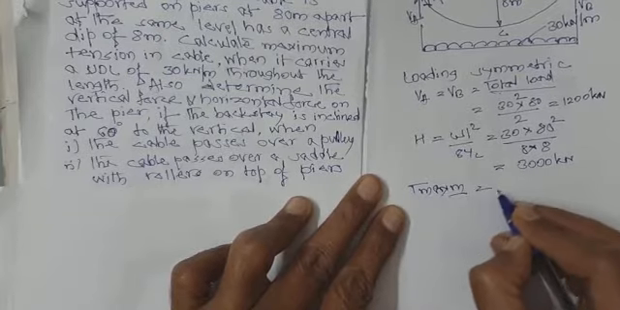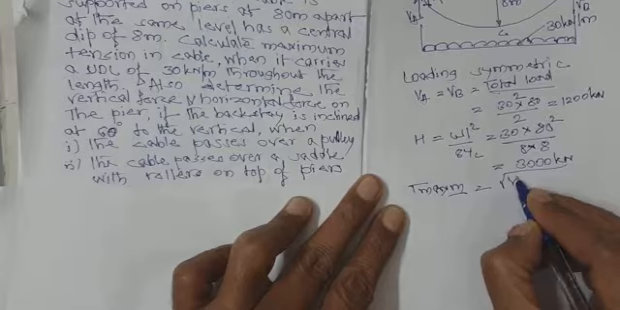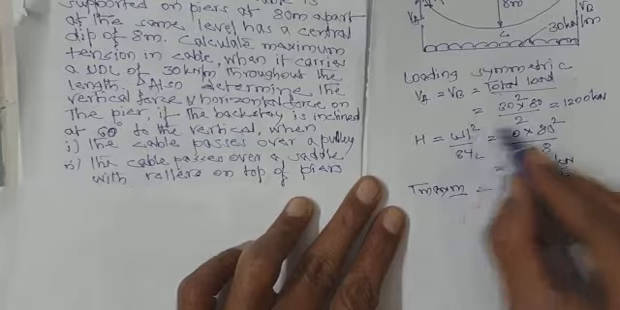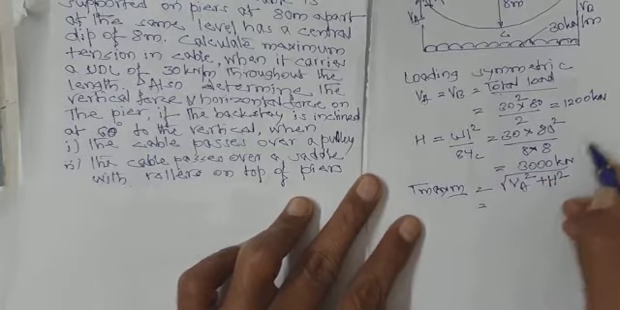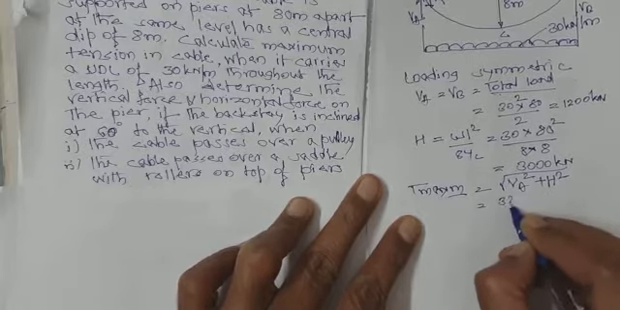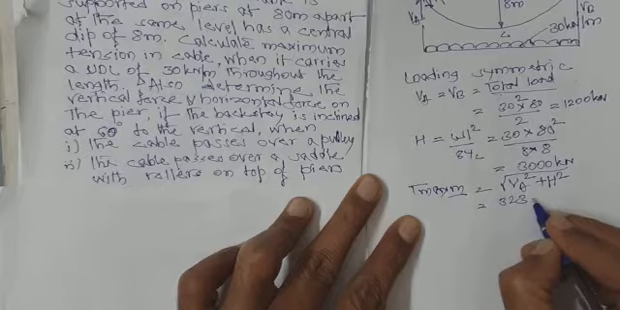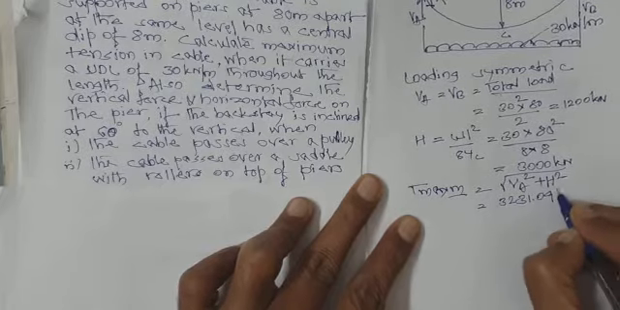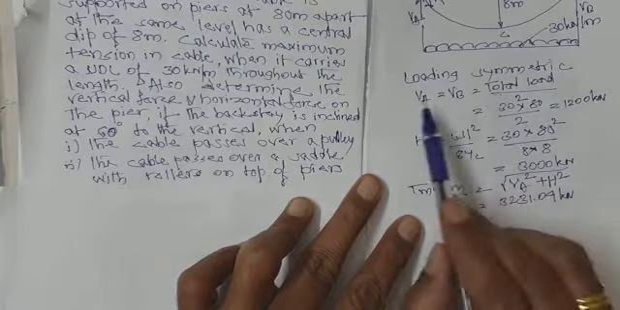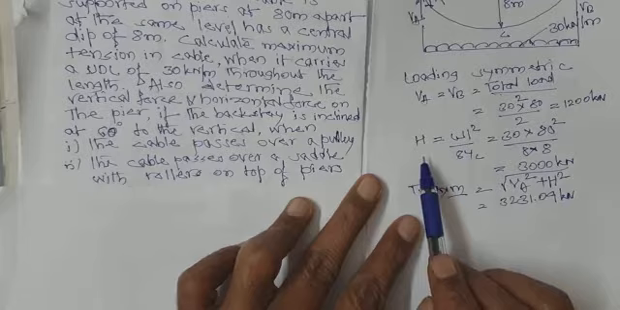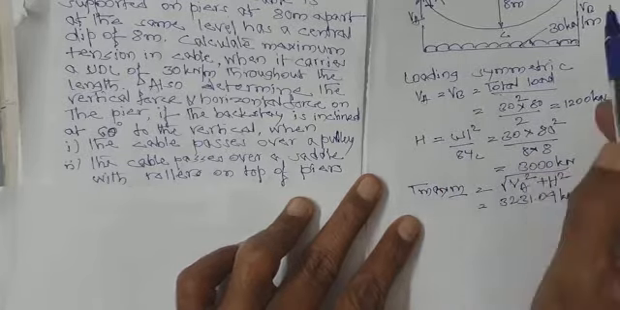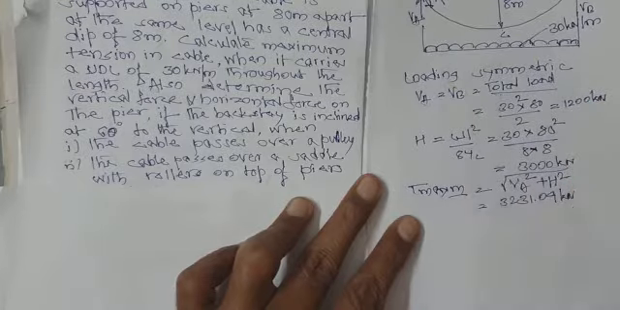Already we know it. It is root of VA square plus H square. We already calculated the values of VA and H, and after substituting, you are going to get the value of T maximum as 3231.09 kilonewton. So this is the basic, very simple relation. First, the loading is symmetric, so you calculate VA. Then using the relation for H, WL square by 8YC, which is applied only when the